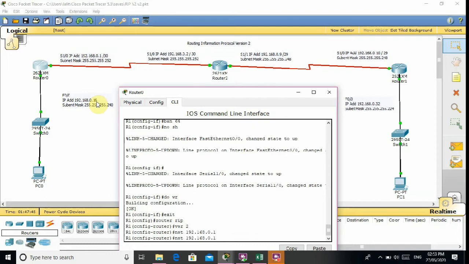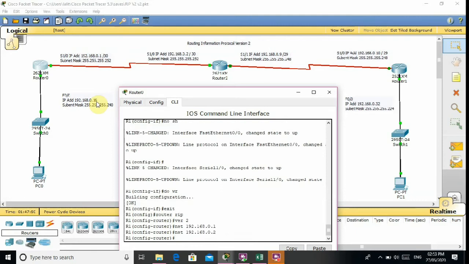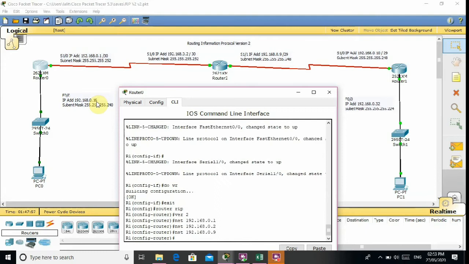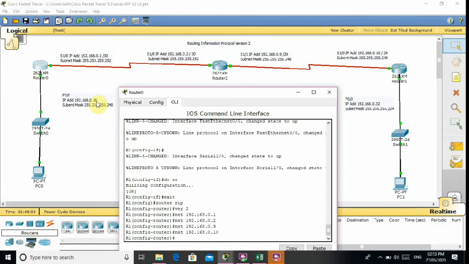Here I am typing router first's network, that is 192.168.0.1. Second is router second, 0.2. Third is also router second's network, that is 0.9. Fourth is the network of router third. Now I am entering there.